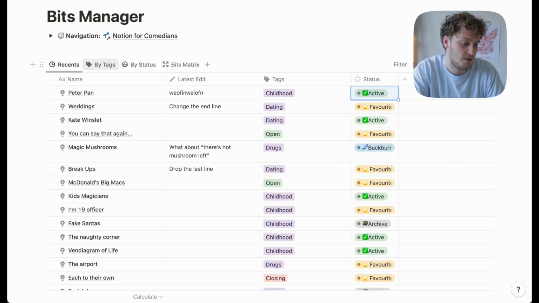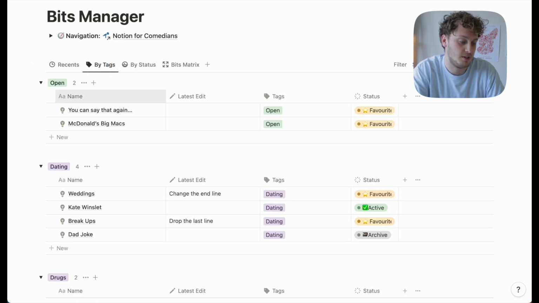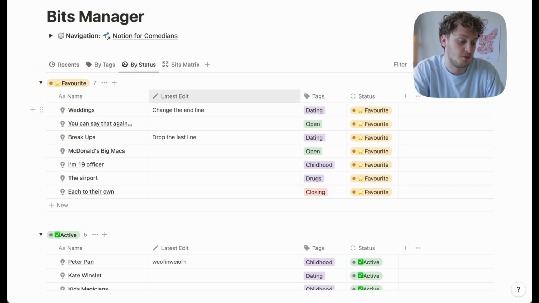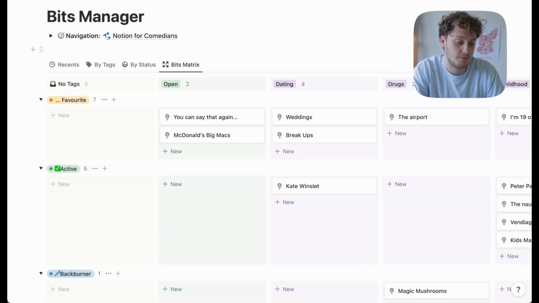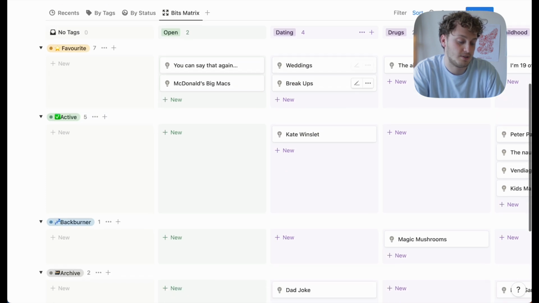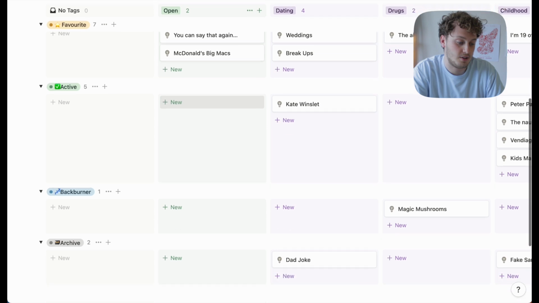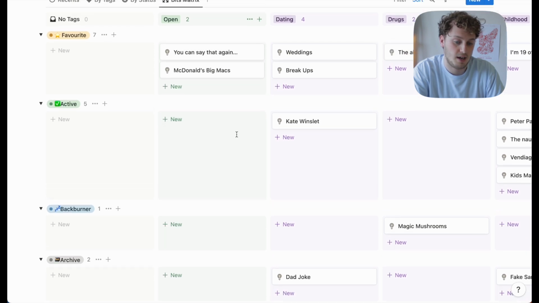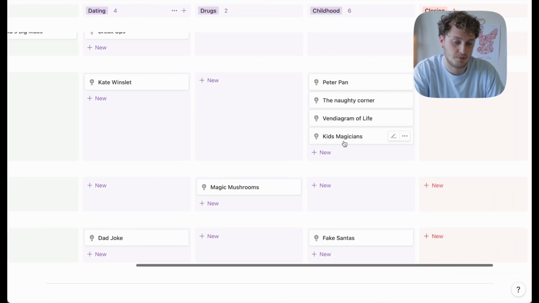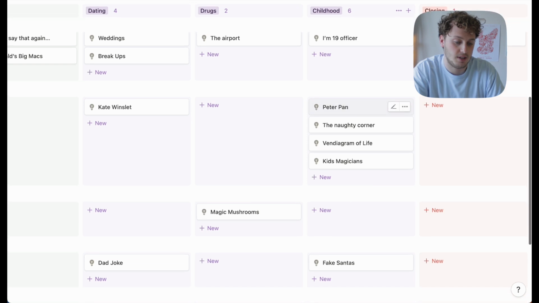And so going along, we have some other views. We can group the jokes by tags, we can group them by status, and then we have this bits matrix view, which is probably one of the more helpful views. And this allows us to see both forms of groupings. And so, for example, if we were to have that Peter Pan joke, which would sit within the childhood here,